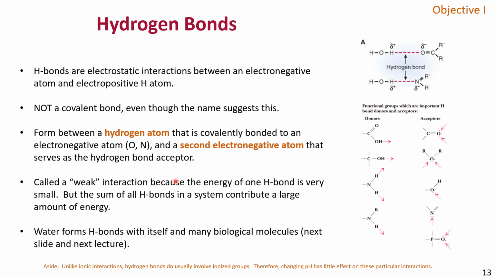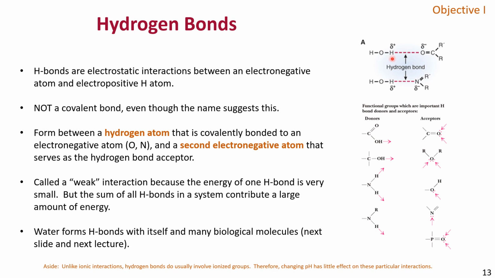Okay, so this idea of a polar bond is going to be important for the thing we call hydrogen bonds. And a hydrogen bond sounds like a real covalent bond, but it's not. It's not a covalent bond at all. See right there, not a covalent bond. But instead, if you have a water molecule where the hydrogen is attached to an oxygen, and over here you have an oxygen and a carbon, the oxygen is more electronegative. It's going to pull electrons towards the oxygen, give it a delta negative. Over here, because of the oxygen in the water, it's going to pull the electrons toward the oxygen,